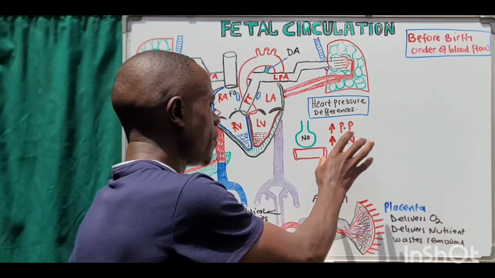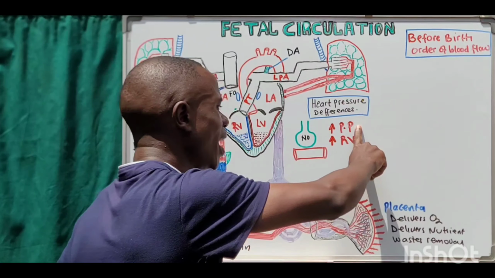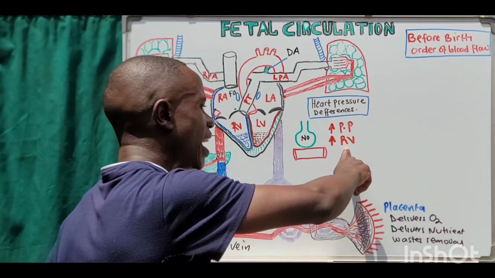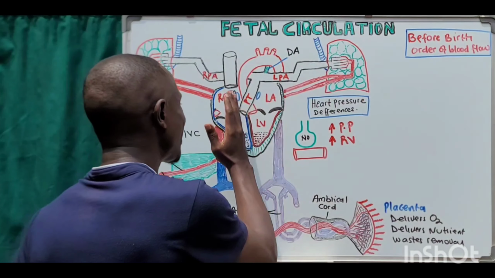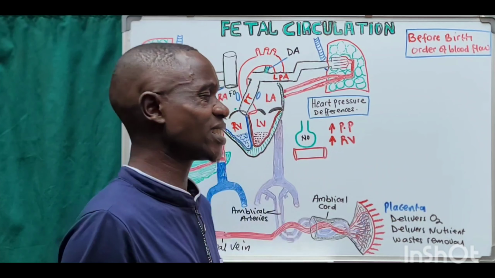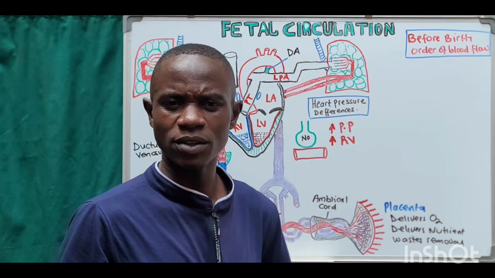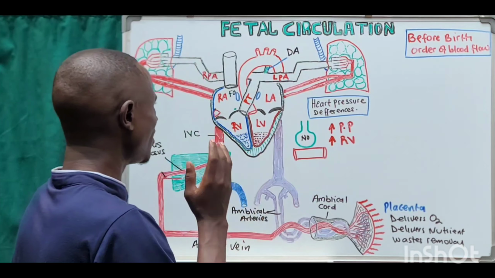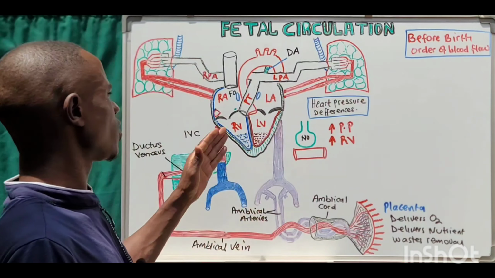Okay. So now, because of that, if we have high pressures within the pulmonary circulation and high pressures within the right ventricle, it means the right side of the heart during fetal life is going to have higher pressures compared to the left ventricle. And for that reason, that also, to a lesser extent, explains why there is going to be shunting